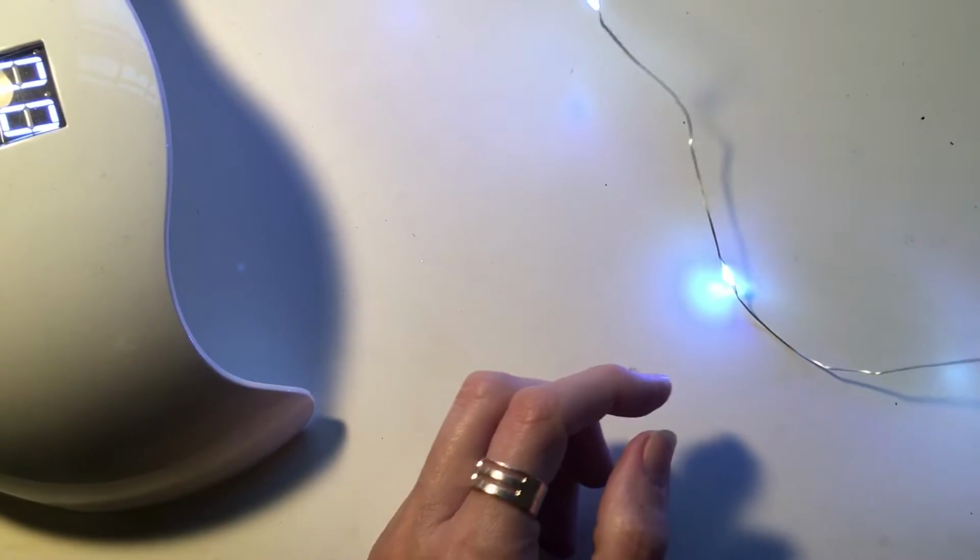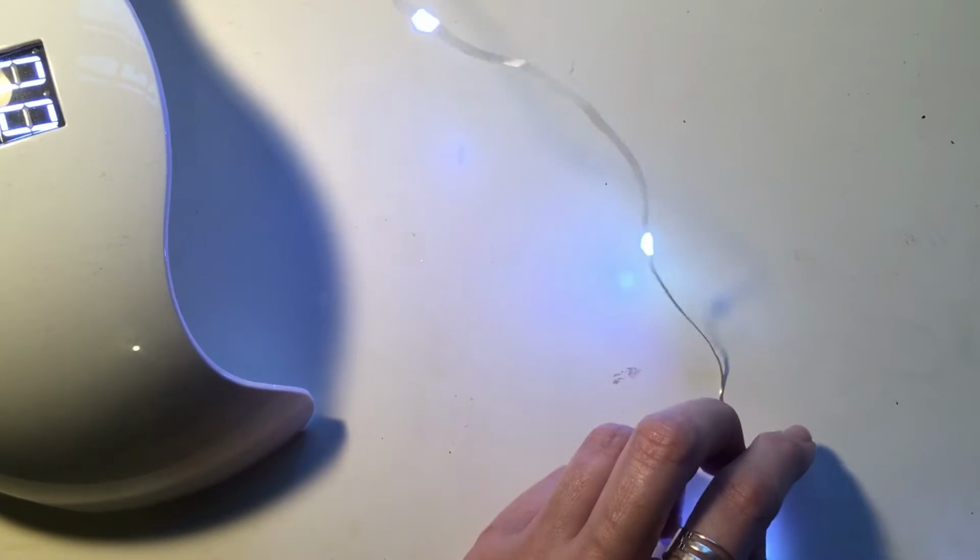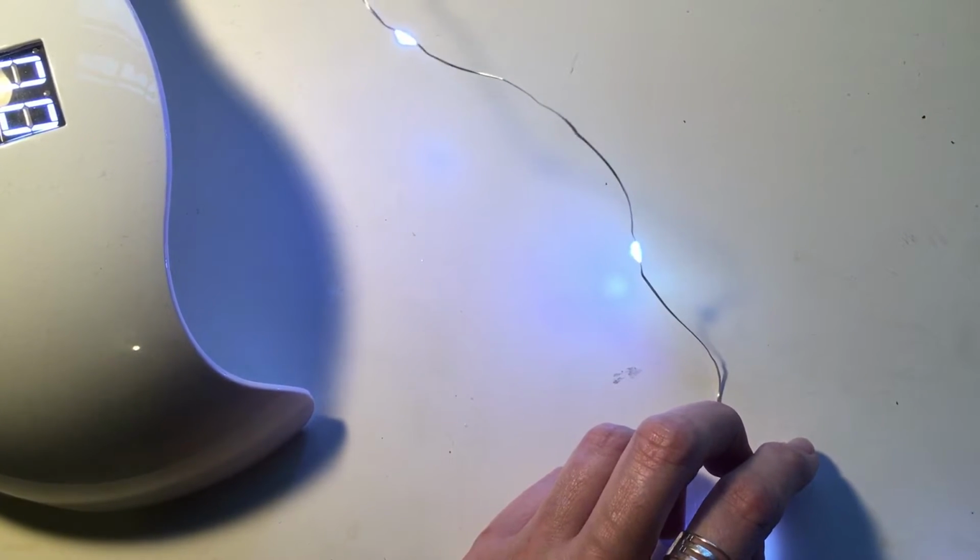Hello my shadow crafters. Today I'm gonna show you a little technique I developed. I don't know if it's new, but